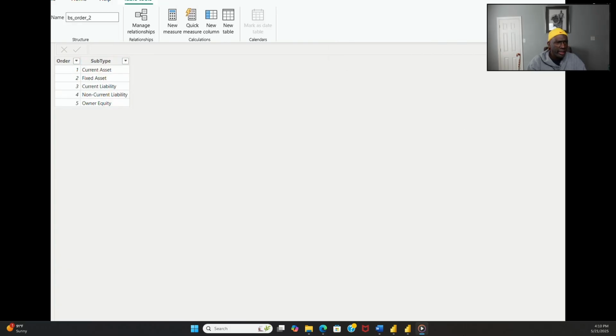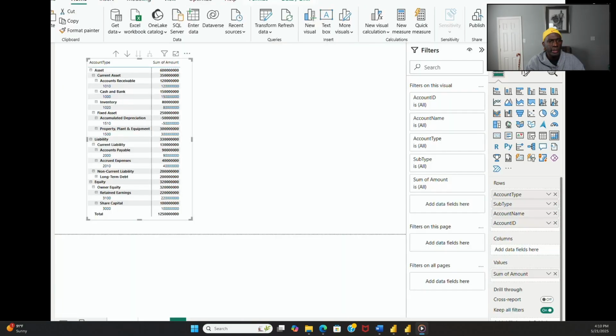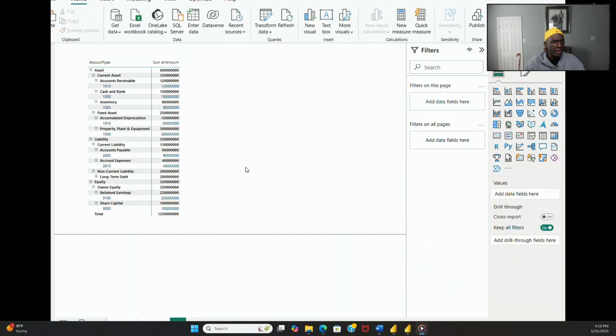So here in the balance sheet, again, if you are not familiar with what the items are on a balance sheet, I will say Google it or grab an accounting book from your local bookstore, or order an accounting book from your local website, whichever one you use to order books from, and get an idea of what goes on a balance sheet and why and where it normally is